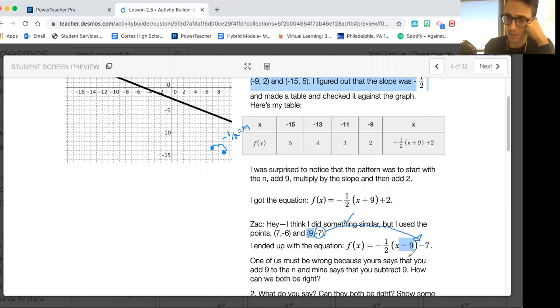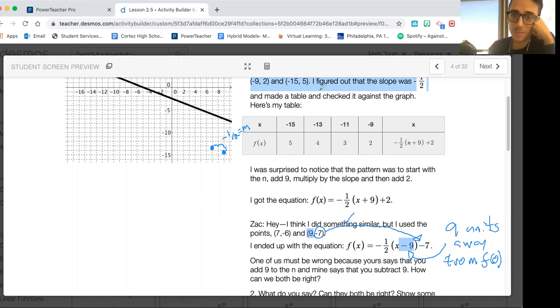So think about this. This is saying that we are 9 units away from f of 0. So if we deducted 9 units, that would get us to -7. And if you're not too sure why this works, try to plug in 9 for x and see where that takes you. So as far as if one of them's right, one of them's wrong, I would say that they're